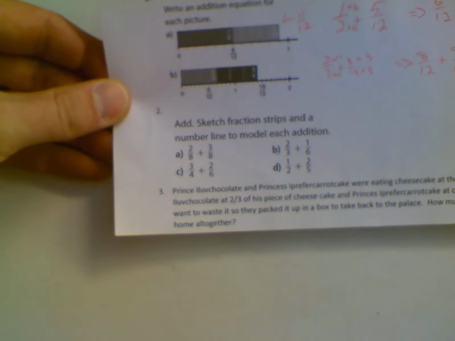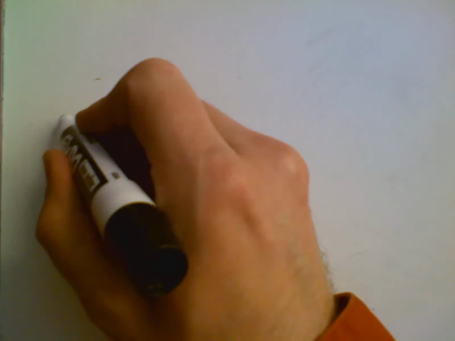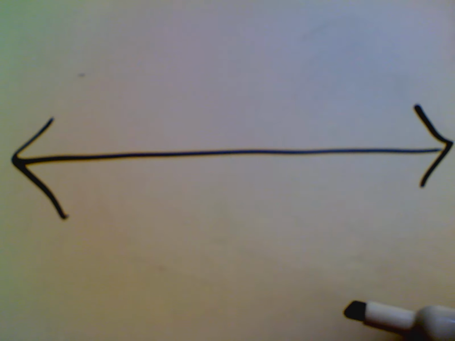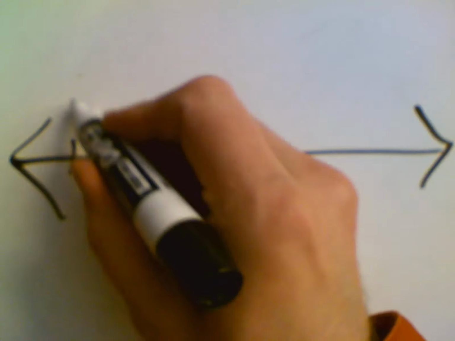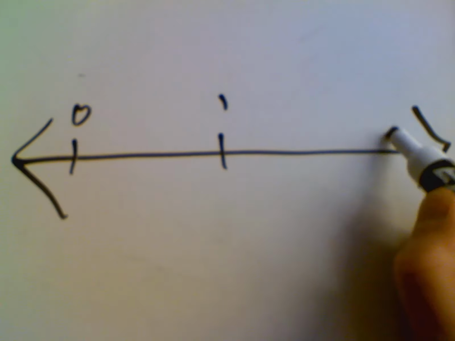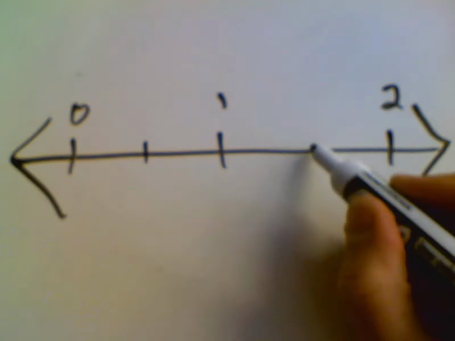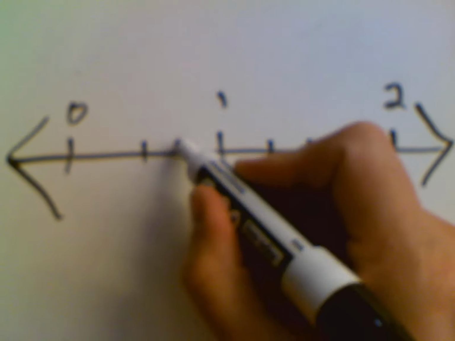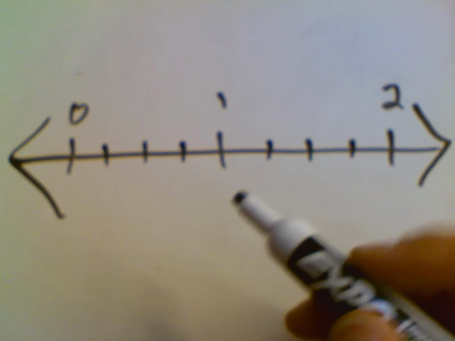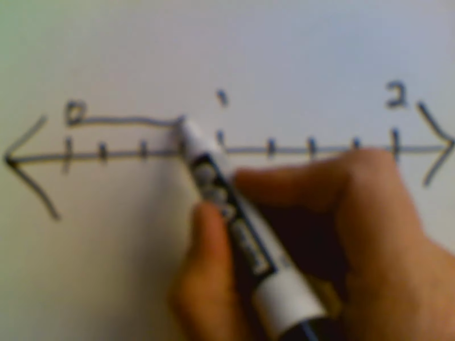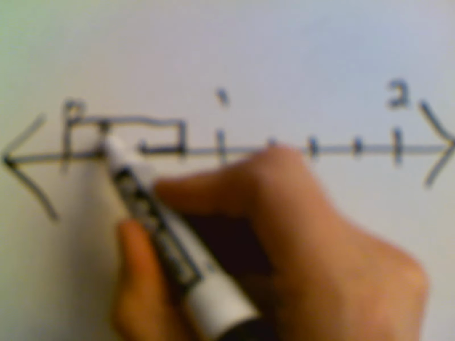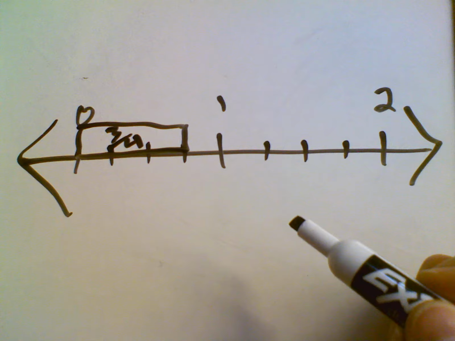The third one says 3/4 plus 2/6. And I think that's going to be a little more than 1. So at this time, I'm going to have a 0, 1, and a 2. And we're talking about quarters and sixths. So I'm going to make my quarters like this. And the first one says 3/4. So I'm going to go 3/4, and then it says plus